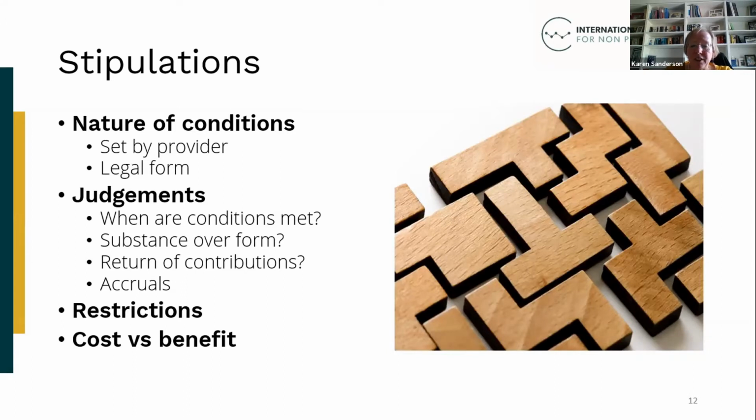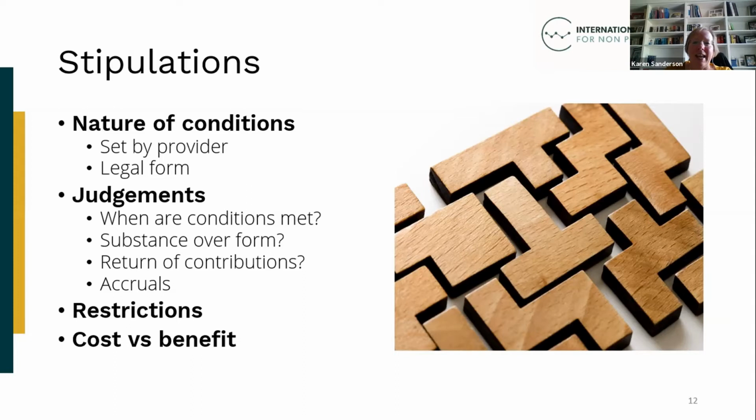These judgments need to be quantified to determine whether there's a liability arising from arrangements, and if so, the value of the liability. The liability would represent an NPO's obligation to undertake the activities necessary to meet the conditions if the stipulation specifies a return of equal value, or to return the resources to the contributor or grantor. In some instances, contributions or grants are paid in arrears, with the cash transfer only falling due once conditions have been met, either in part or in full. So NPOs need to determine how much revenue to recognise in this situation.